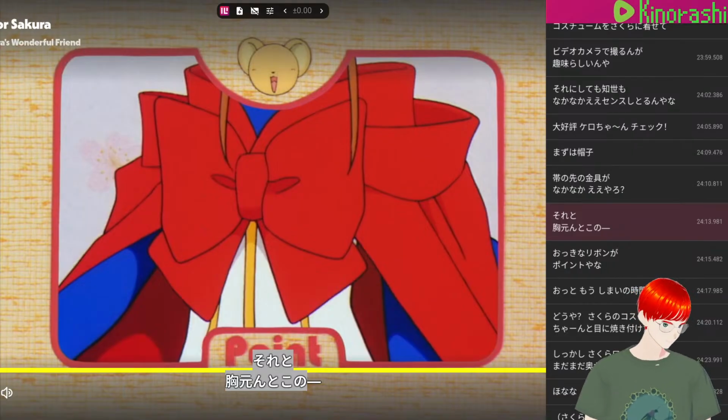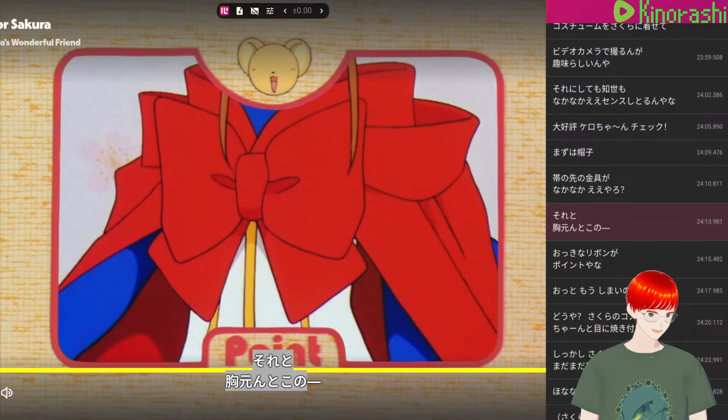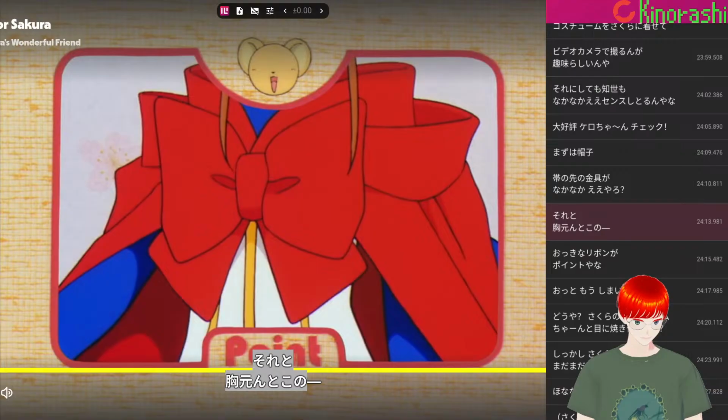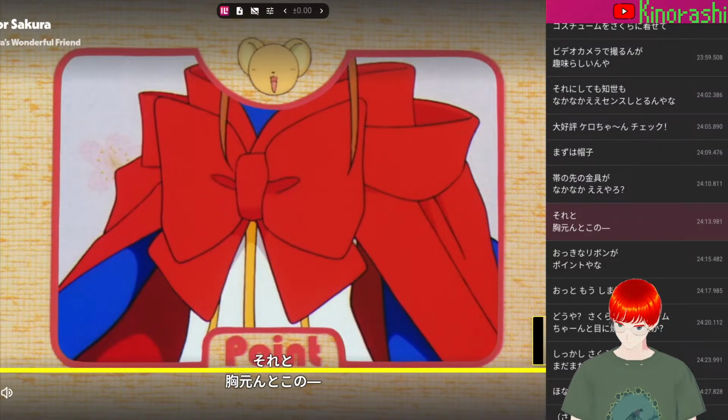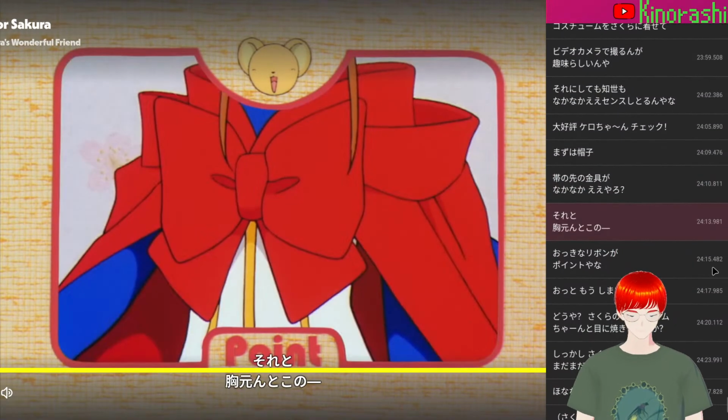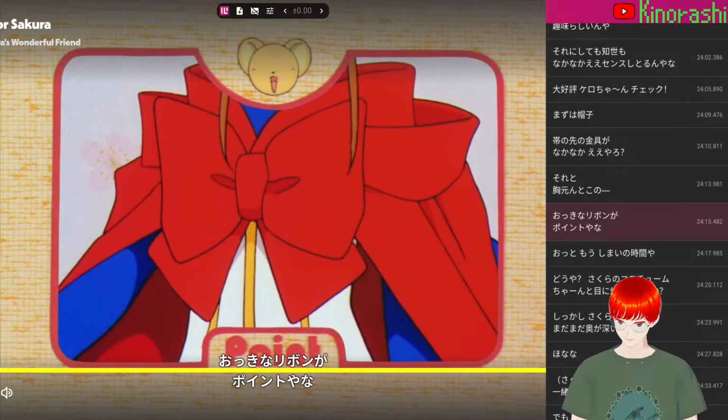Oh, Munamoto toko is just Munamoto no tokoro. So we're talking about the upper abdomen place, or below the neckline, or below the breast area, essentially. So, soreto, with that, Munamoton toko no. "それと胸元んとこの大きなリボンが"